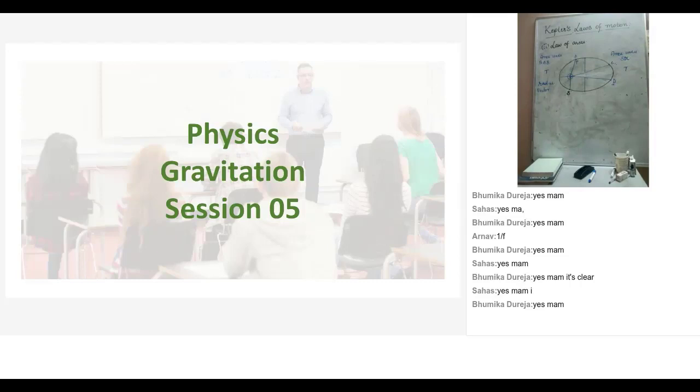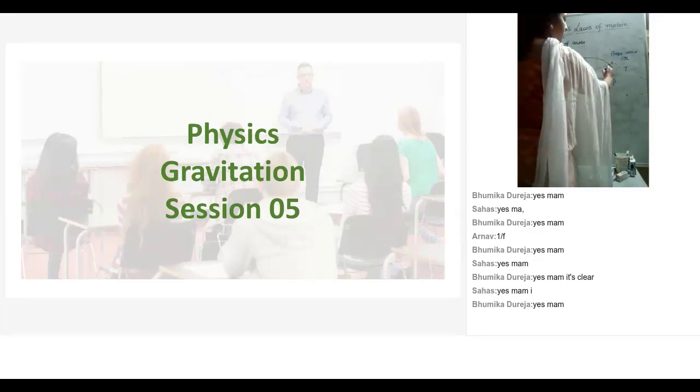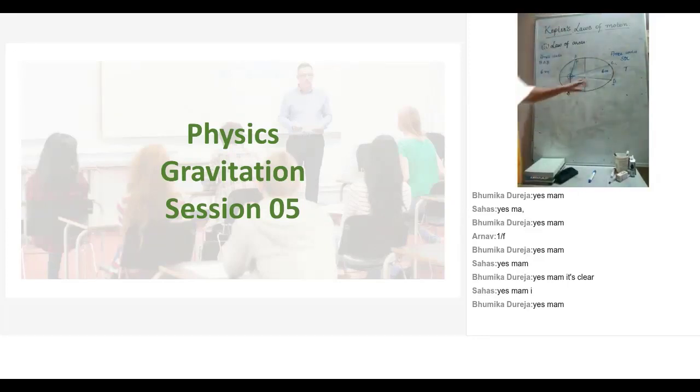I repeat once again. I'm just finding an easy way to explain you once again. Nothing other than that. See, an object is initially at position A, and then after a certain time, let us suppose it is at B after a certain time T. Or say, for example, I consider it as 6 months. Also, at some point of time, it is at position D and went to C again in 6 months of time. The position of the planet has changed from D to C in 6 months' time. Here also from A to B, it took 6 months.